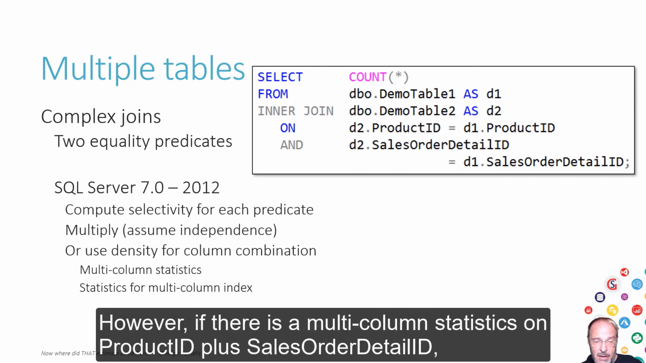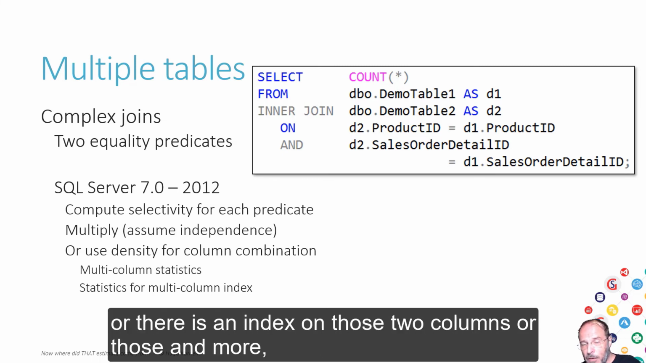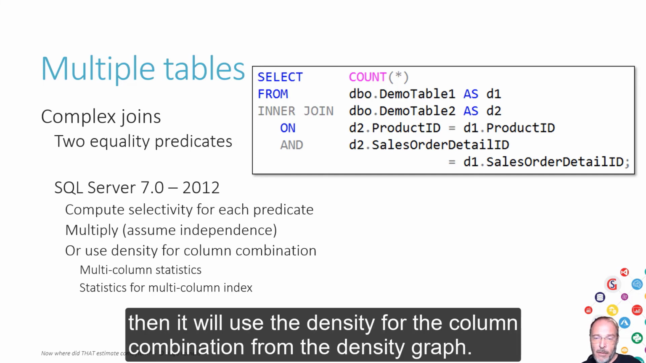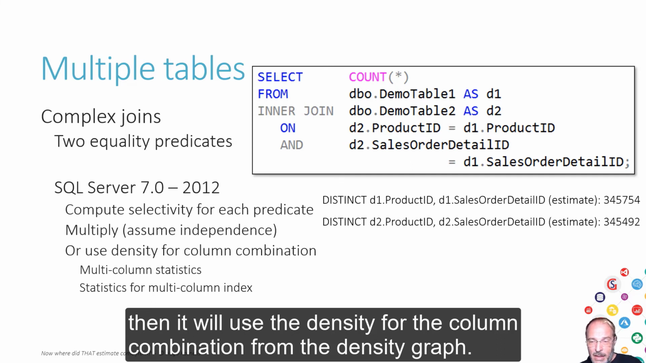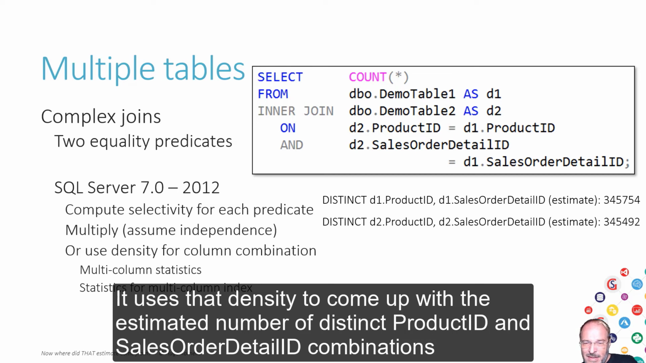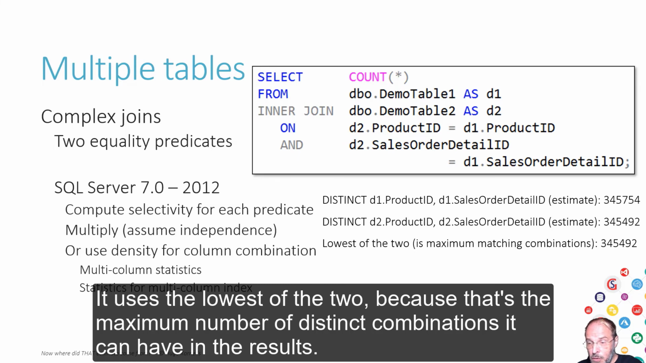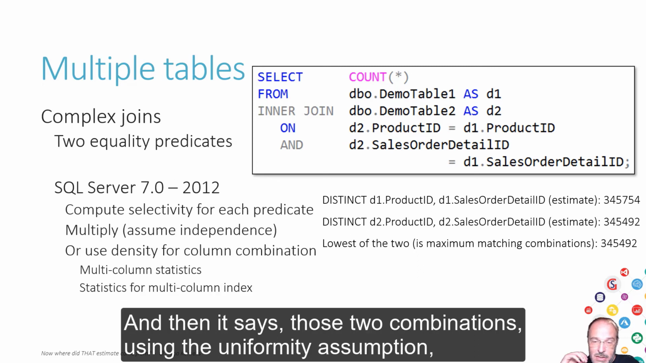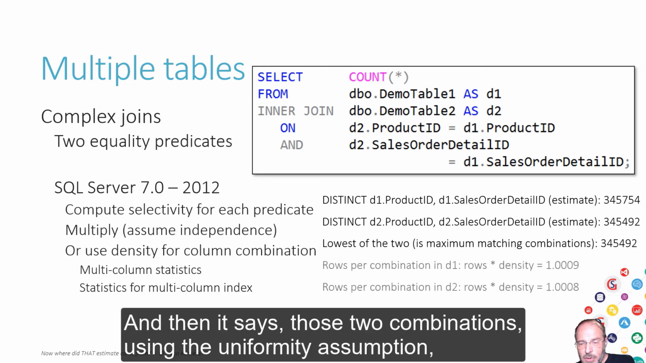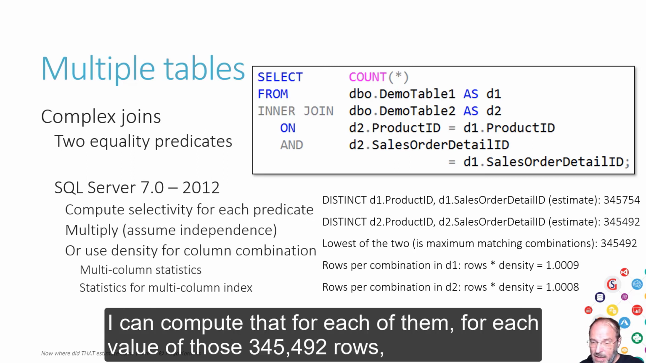However, if there is a multi-column statistics on product ID plus sales order detail ID, or there is an index on those two columns, or those and more, then it will use the density for the column combination from the density graph. It uses that density to come up with the estimated number of distinct product ID and sales order detail ID combinations in both tables. It uses the lowest of the two, because that's the maximum number of distinct combinations it can have in the results. And then it says those two combinations, using the uniformity assumptions, I can compute that for each of them, for each value in those